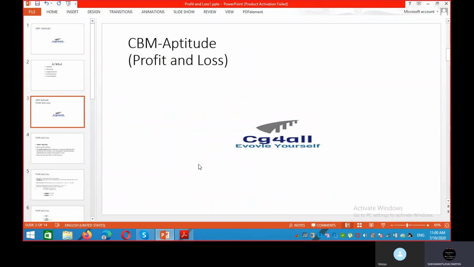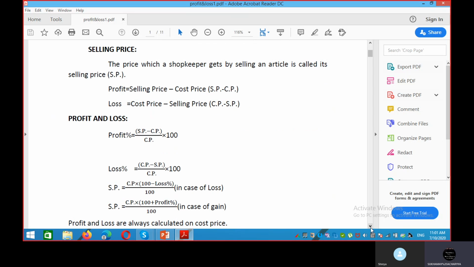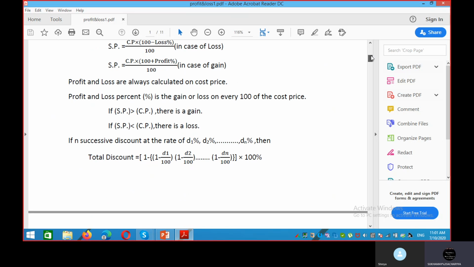What is profit and loss? The profit and loss statement is a financial statement that summarizes the revenues, costs, and expenses incurred during a specified period, usually a fiscal quarter or year. So let me discuss elaborately about profit and loss. To know profit and loss elaborately, we must be familiar with some terms, that is cost price, selling price, and profit and loss percentage, profit and loss. Okay, so now